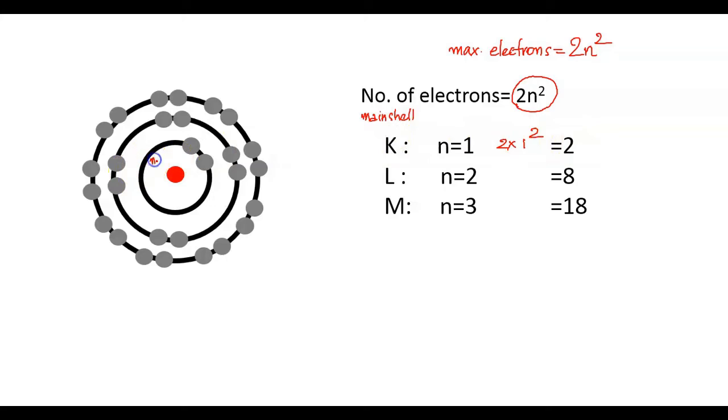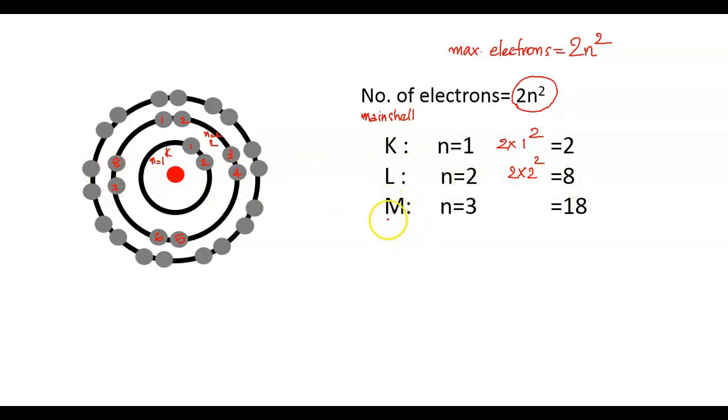You can see here this is n equal to 1, that is the K shell. These are the 2 electrons, 1 and 2. Clear? And then comes the main shell L. Okay, this is n equal to 2, and this is the main shell L. And here the n value is 2, therefore 2 into 2 square, that is 4 into 2, you will get 8. That is the maximum electrons that can be held by the L shell is 8. You can see here 1, 2, 3, 4, 5, 6, 7, 8. So the maximum electrons held by the L main shell is 8.